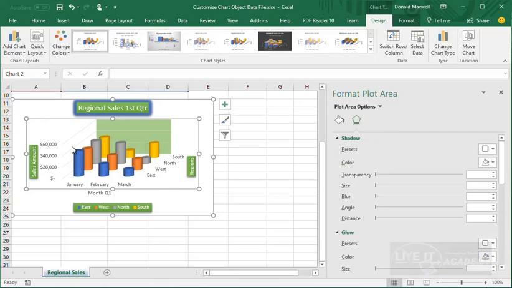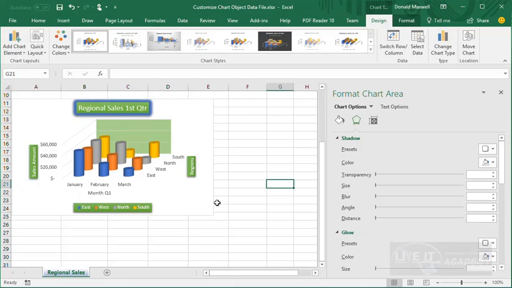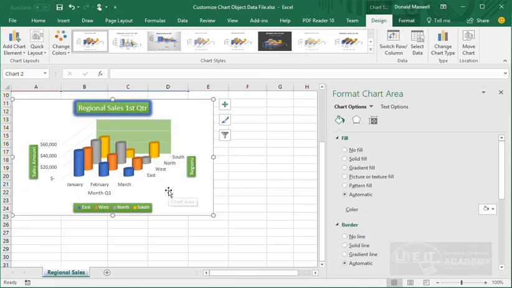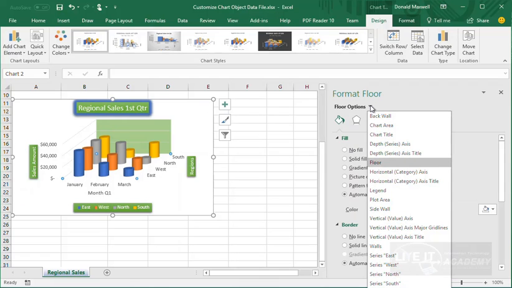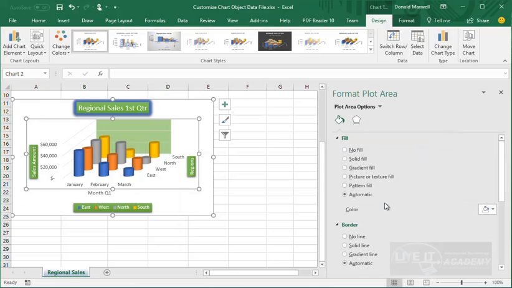All right, and again, you can identify each object on your chart. You know this is a plot area and so on. But if you have trouble just clicking on each area, like this is a chart area, inside here would be the plot area, the flooring, and so on. If you're having trouble identifying that just by using the mouse, you can always use any one of these templates and click on the down arrow. So for example, if I wanted the plot area,